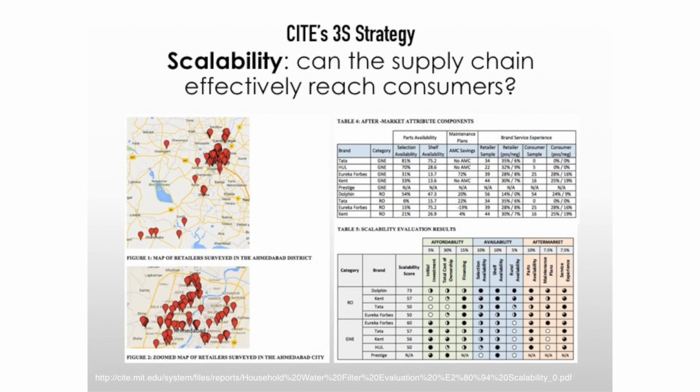Let me briefly discuss the other two criteria used by CITE's evaluation methodology, namely scalability and sustainability of products. Scalability was defined as the likelihood of any product being used widely, which means that the product has to be manufactured, marketed, and sold widely. At CITE, the evaluation of scalability of products was to be done by scholars and practitioners of business administration, a field which had led the study of supply chains as crucial for manufacturing and selling of products. Led by business experts, scalability at CITE was defined as critical features of supply chains, which determined whether the impetus for the product manufacturing,